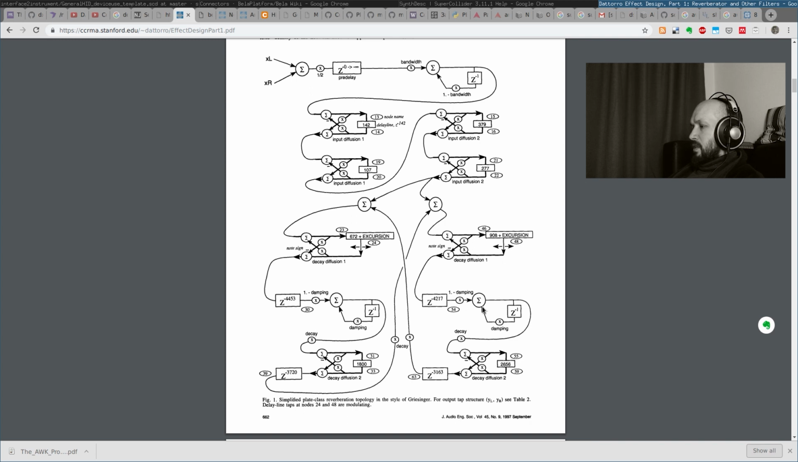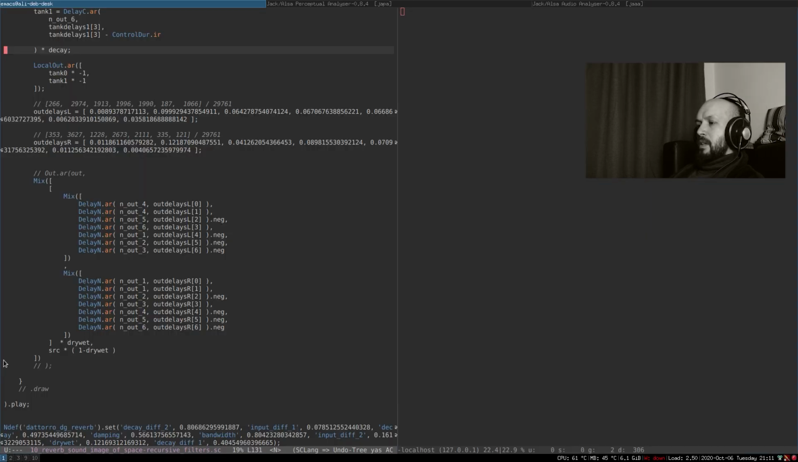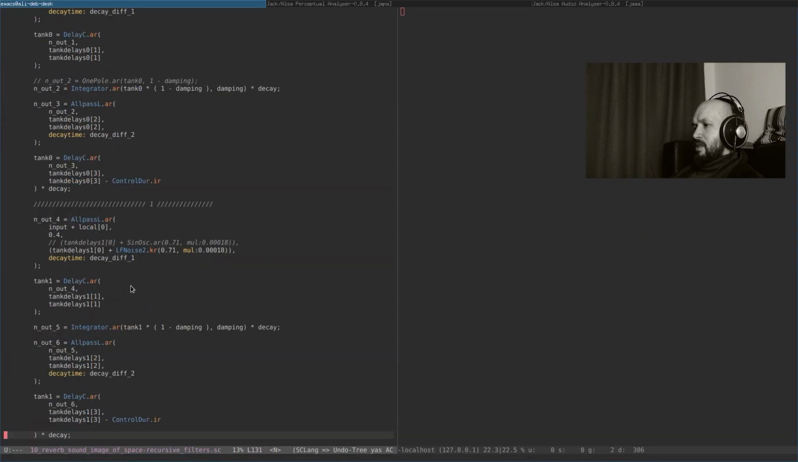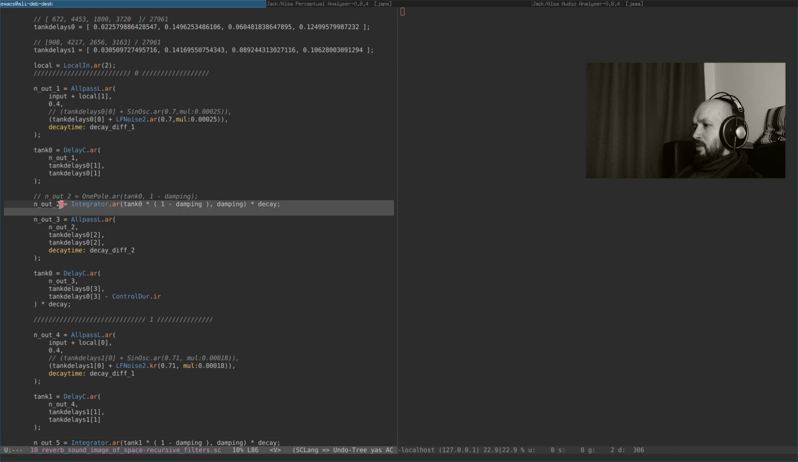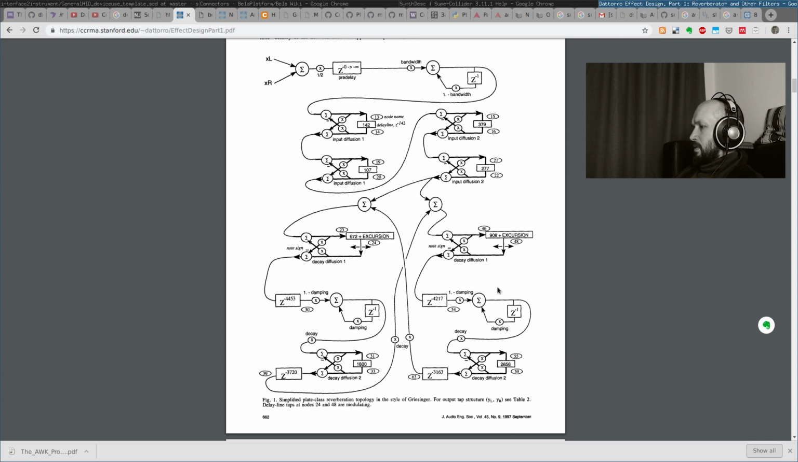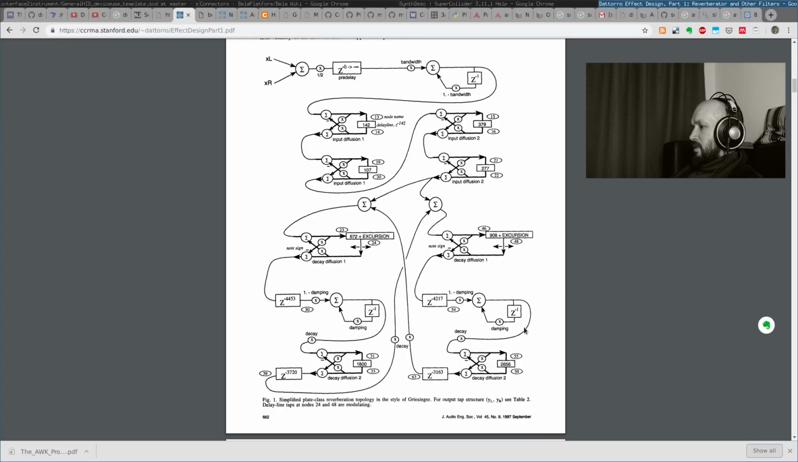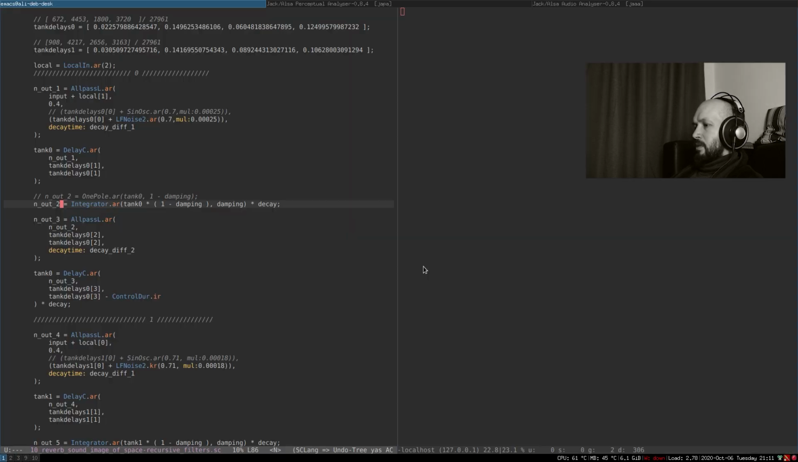Let's just take this output of this damping, of this decay, which is here, and out 2. This is just the output of the integrator multiplied by the decay. So I assign this to a variable, and this is the signal I take. So I take the signal from here,